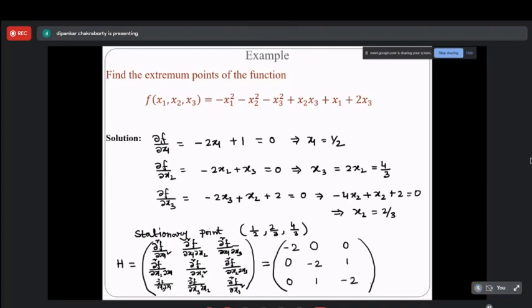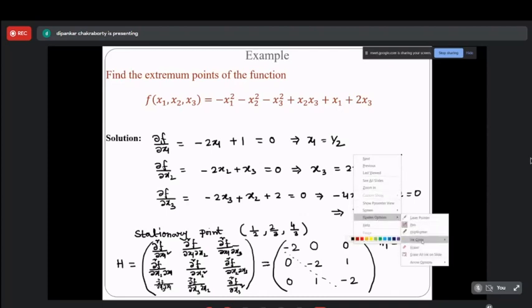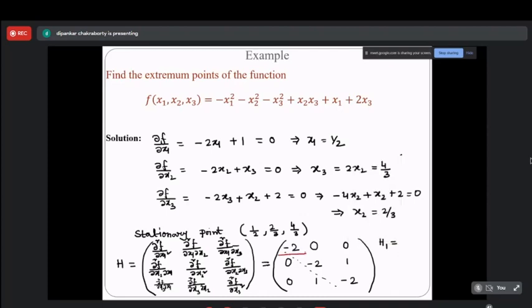So now after calculating the Hessian matrix, we are going to find out the principal minors, possible principal minors. So again, if I ask you how many principal minors you are going to get? 3. Very good. So first H1. If I ask you what is H1? I have already mentioned this in the last class. Again, I am repeating the same thing. First of all, we find the first principal minor, that is minus 2. So H1 is minus 2.